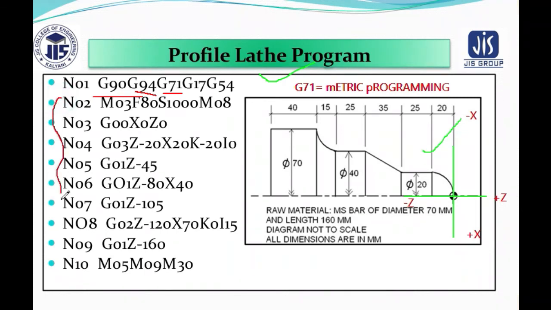This N is your line number, and you know what G01, G00, Z00 are. G00 is the point to point rapid traverse, G01 is the linear traverse, and G03 is the anti-clockwise movement. Because the tool is moving in this direction, just see, a circular path is occurring in the anti-clockwise direction, then straight, taper, again straight, again circular in a clockwise direction, then again a straight profile. So this is what is occurring. You can take it in this manner, no problem. Okay.